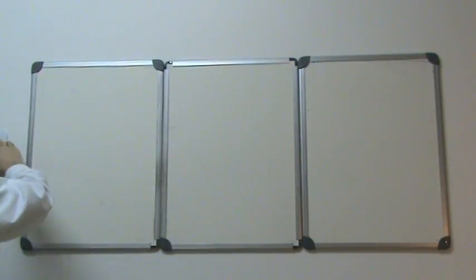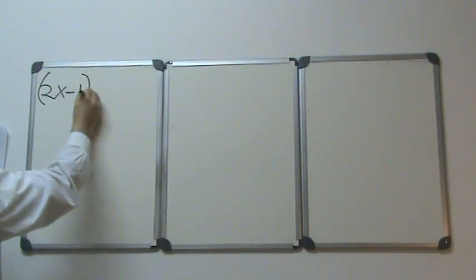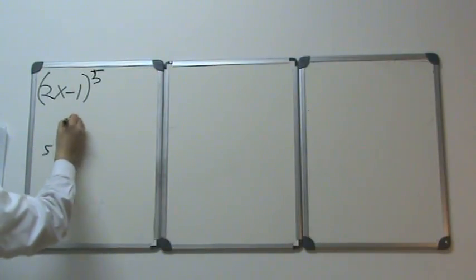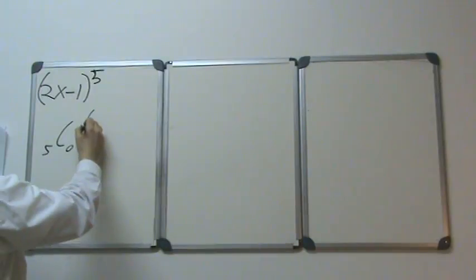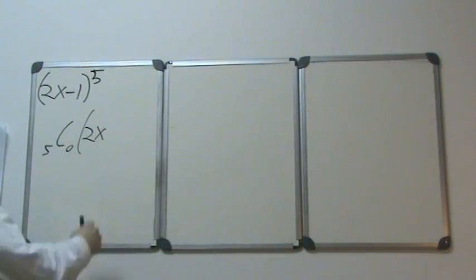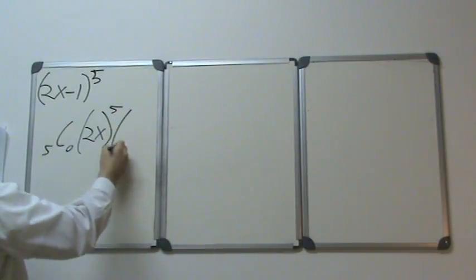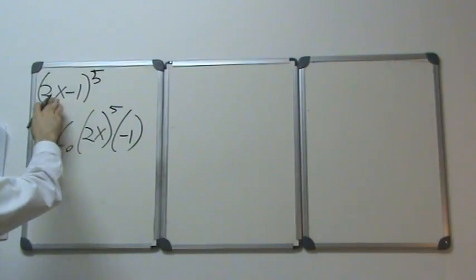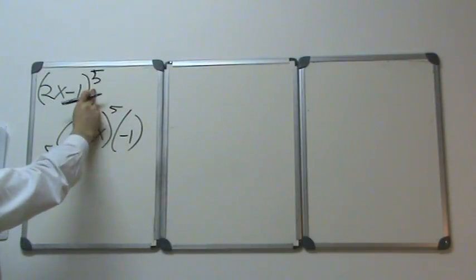This is binomial expansion. You have 2x minus 1, and it's raised to the 5th power. So you have 5 combination 0, because it's raised to the 5th power, times 2x raised to the 5th power, and the minus 1 becomes times negative 1. With these two together, what you do is you multiply them. Instead of 2x minus 1, it becomes 2x times negative 1, but the 2x is raised to the 5th power,